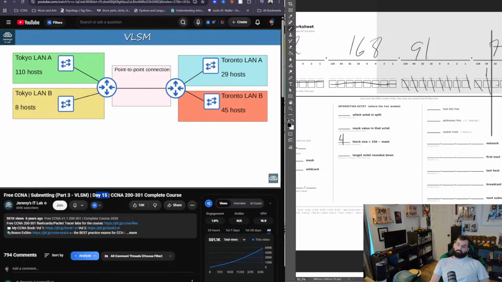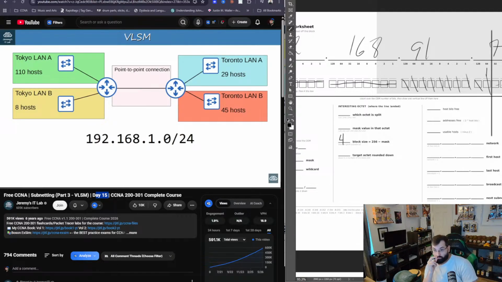So here's an example small enterprise network. There are 2 LANs in Tokyo and 2 LANs in Toronto. Tokyo LAN A has 110 hosts, and Tokyo LAN B has 8 hosts. Toronto LAN A has 29 hosts, and Toronto LAN B has 45 hosts. Also, there is a point-to-point connection between the 2 routers that we must assign IP addresses for. We are assigned the 192.168.1.0/24 network, and must divide it into 5 subnets